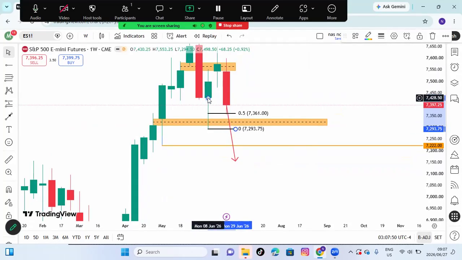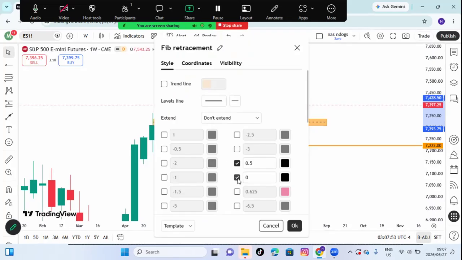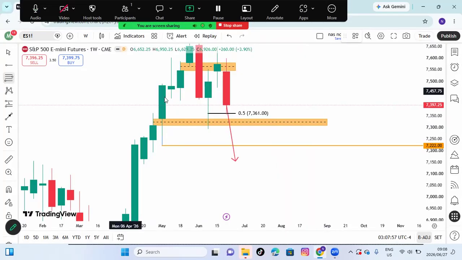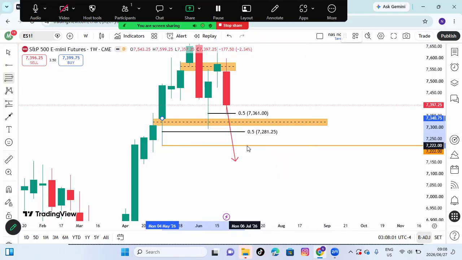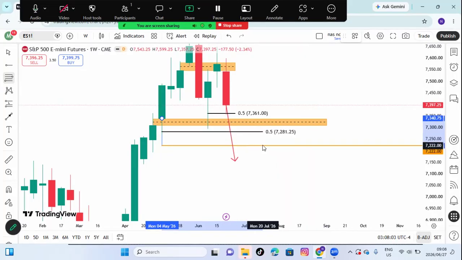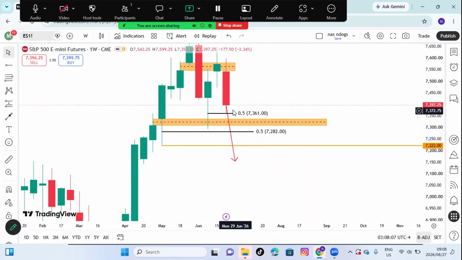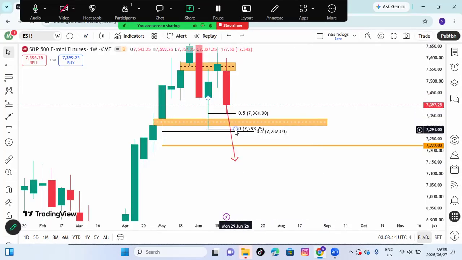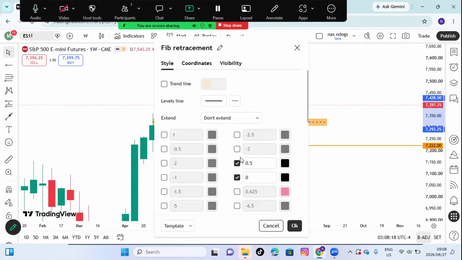Exactly there. That's nice. And then I'm going to do that. And I'm also going to take this one, this wick here. Also measure it. There we go. Here we go. So let me bring the zero level here so that I can move this properly. There we go. So now,